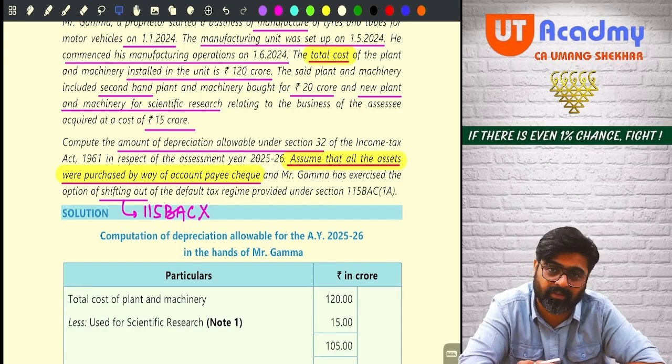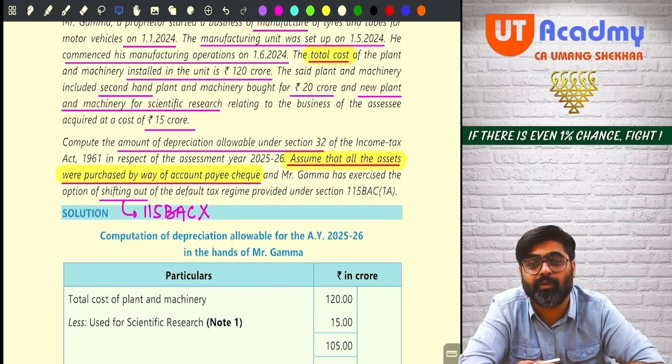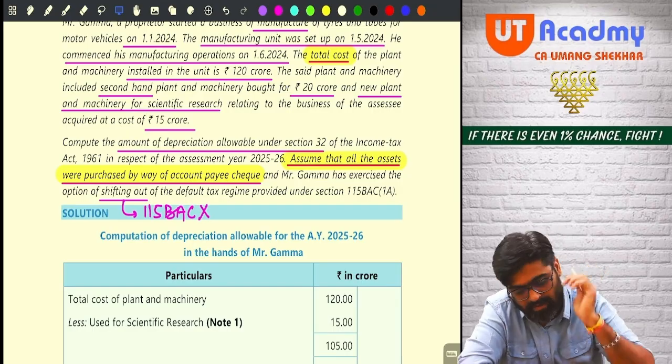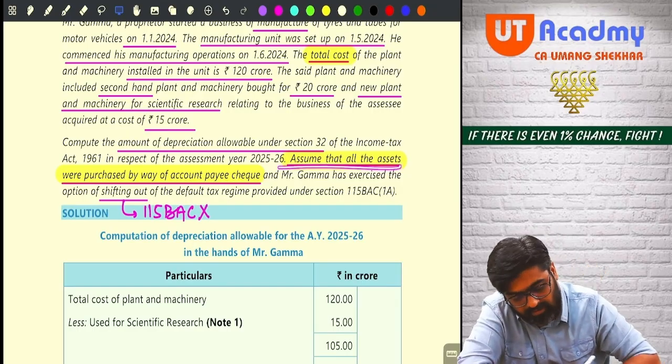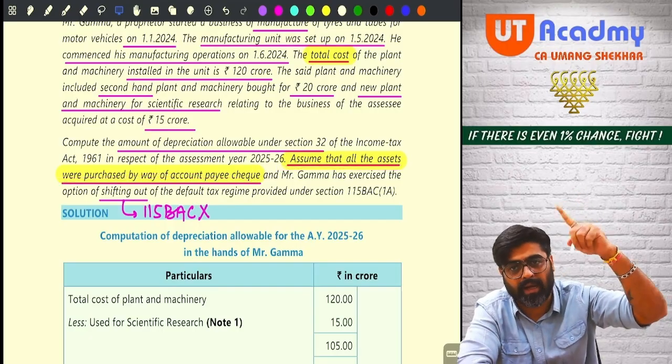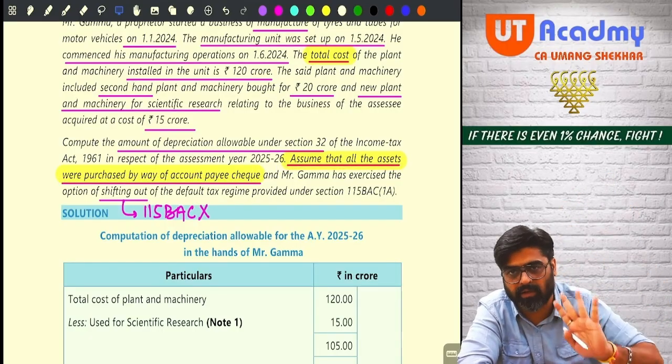So only normal depreciation is allowable under 32 or additional is also allowable? Yes. So they are indirectly telling you to calculate normal as well as additional, because both depreciations are allowable under section 32 only. Getting my point? Next one. Assume that this is the standard line which they have used in the earlier two questions also. I have highlighted there also, I have highlighted here also.